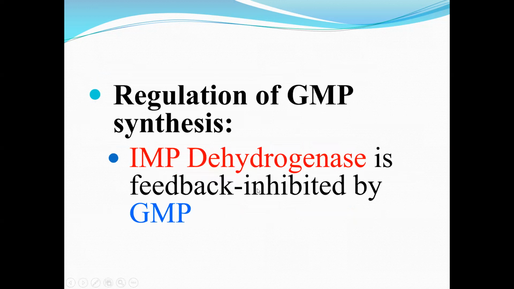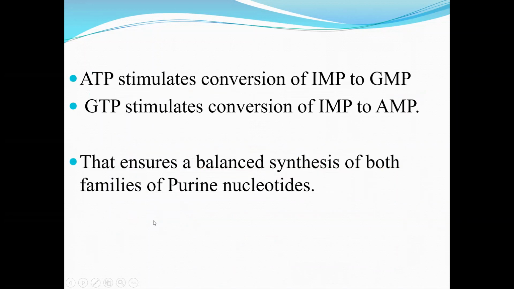And IMP dehydrogenase, the enzyme which I talked about during the synthesis of GMP from IMP, is feedback inhibited by GMP. ATP stimulates the conversion of IMP to GMP and GTP stimulates the conversion of IMP to AMP. This ensures the balanced synthesis of both families of purine